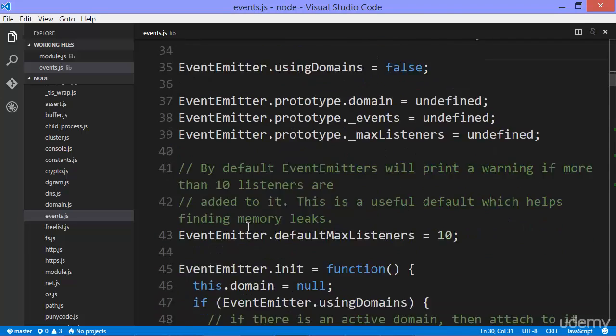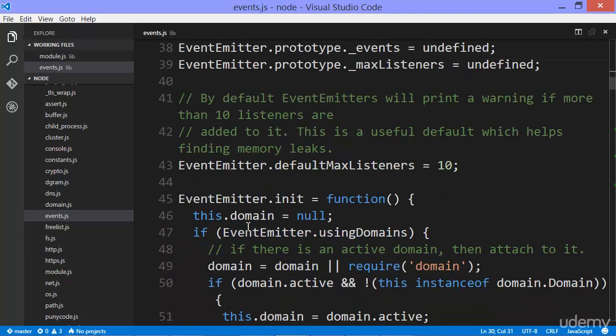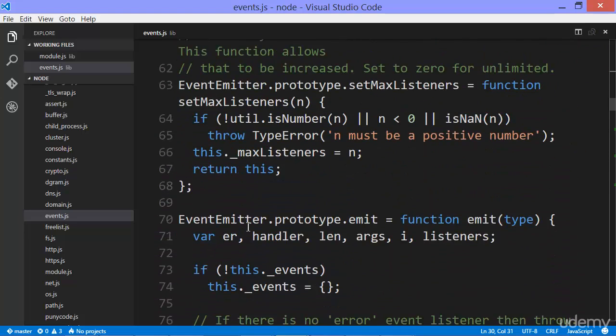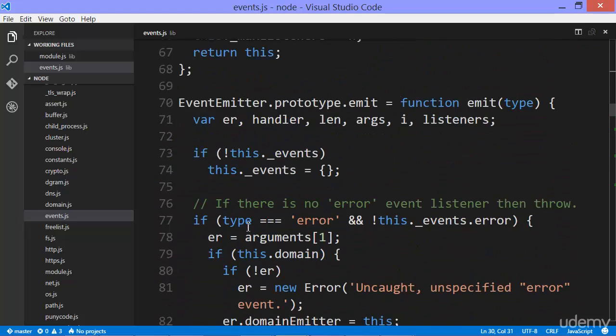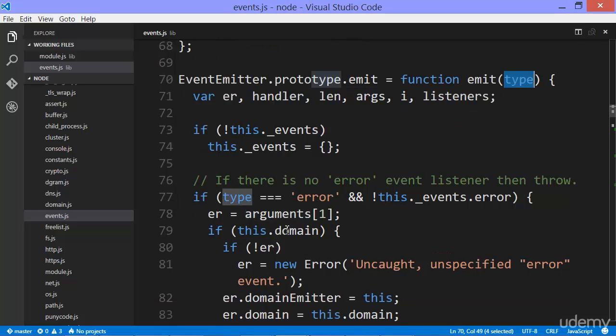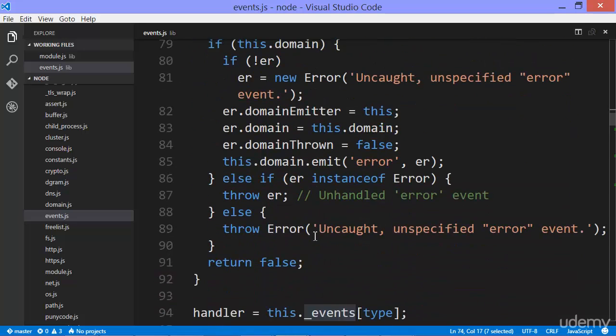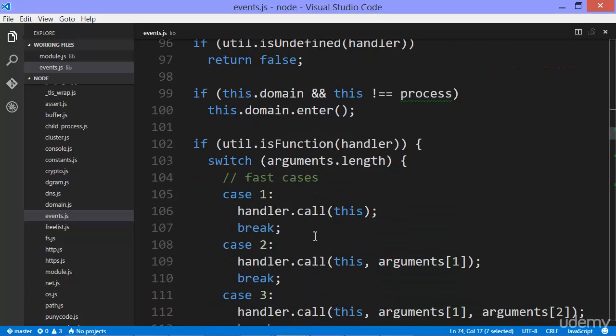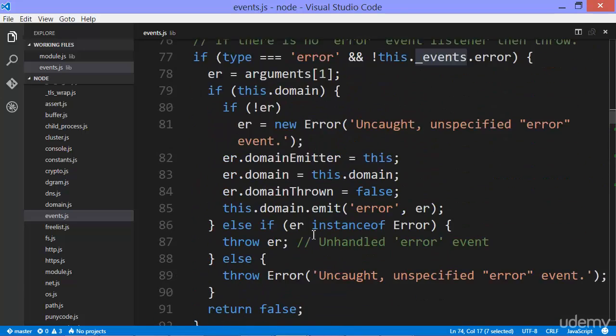of Node. And we'll skip a lot of this because the event emitter for Node has a lot of extra features. And of course it does. We built the simplest possible version, but this is a much better version and the one you should use. But notice we have an emit method, which takes a type, which is really just a property on this hidden events object. If I dig down in here for a while, I can actually see that when I'm emitting events,